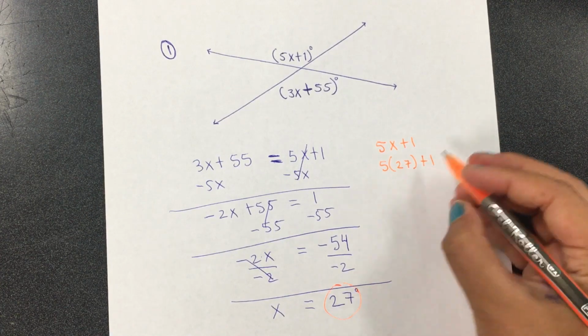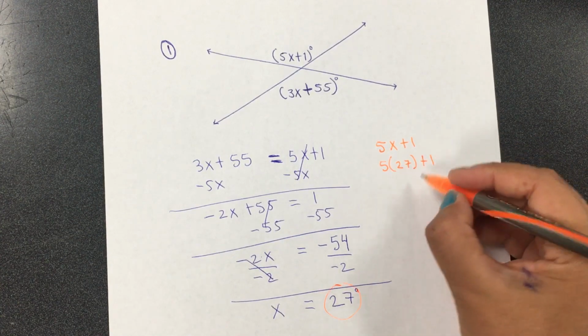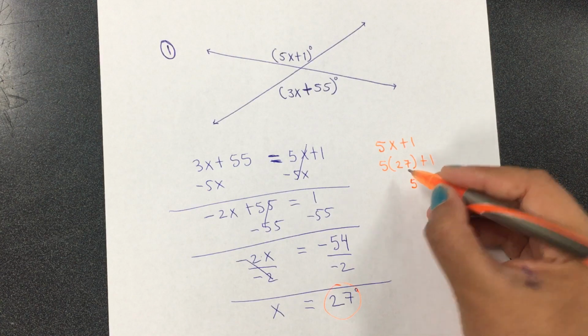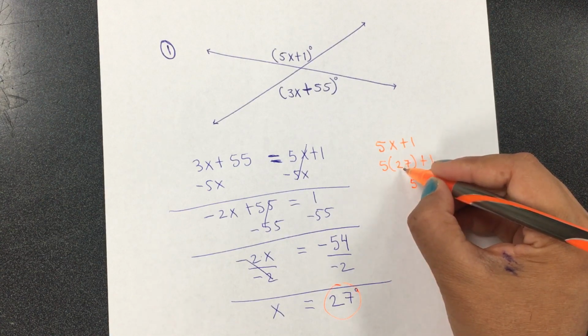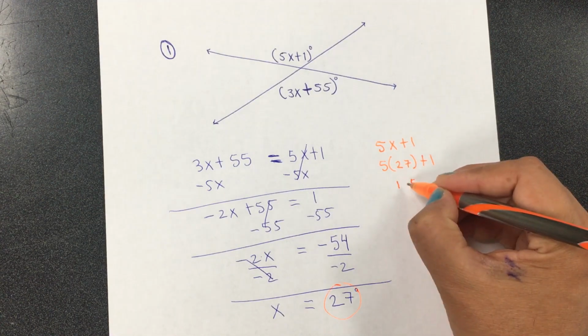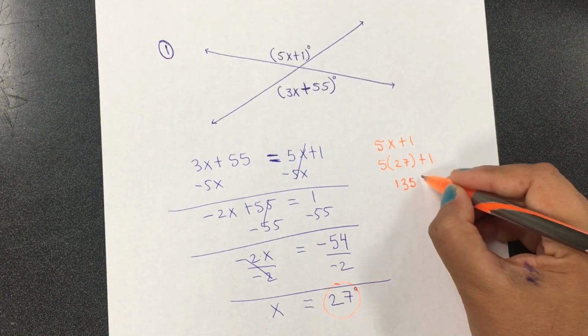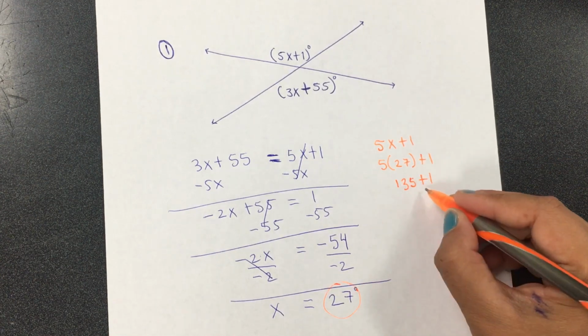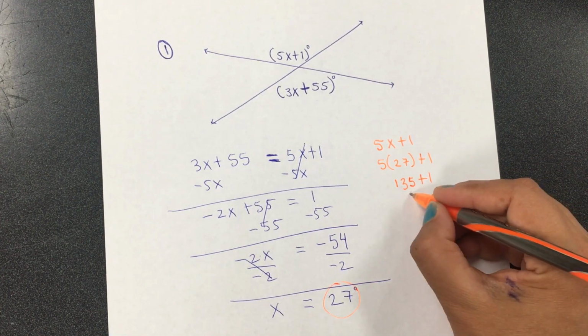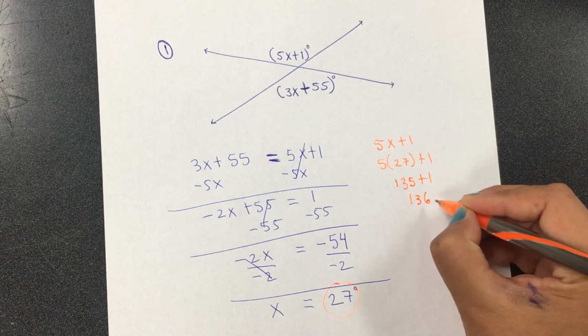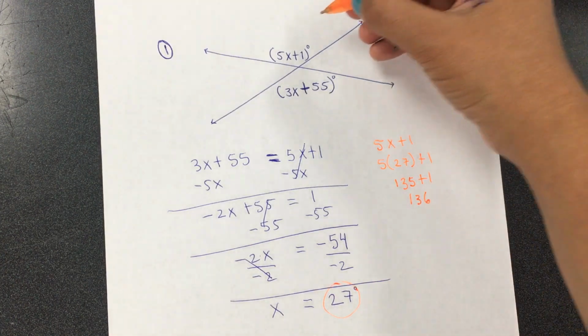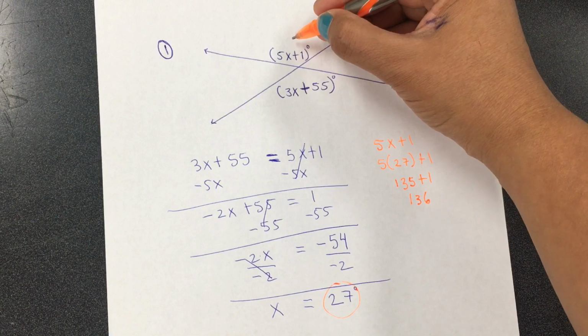And 5 times 27 is, 5 times 7 is 35, carry 3. 5 times 2 is 10, and 3 is 13, so 135, plus 1 is 136. So that's the value of this one right here,